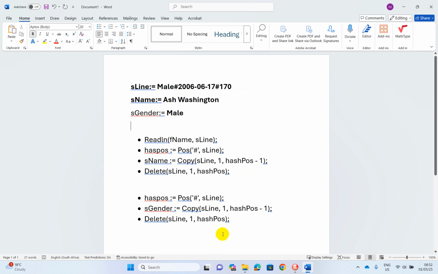And then the next line of code says delete from S line. It starts deleting from position 1 to the hash pos. So if we do the delete now, it will delete the mail and the hashtag, so we're left with the DOB and the height. So now if we repeat this process,